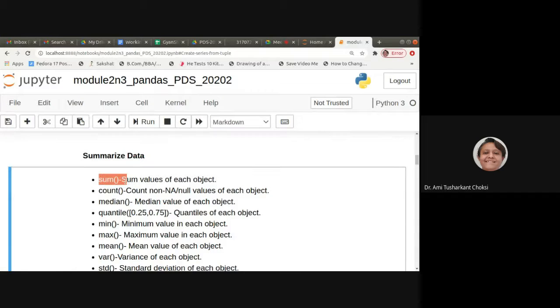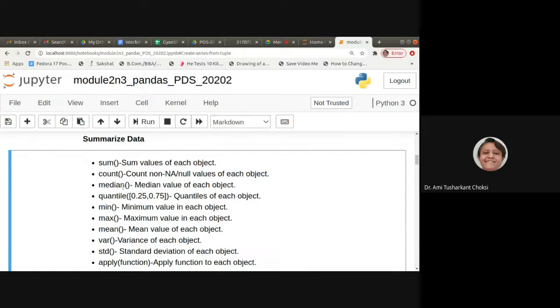For sum, we can get the sum of the values of each object. For summarize, many other things are there, not only this. So sum is there, which was not there in the describe. Count, that is, count of non-NA values, whatever are the available values, for that it finds the count.